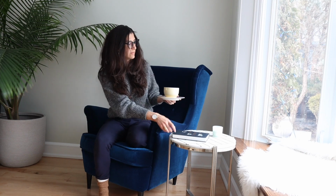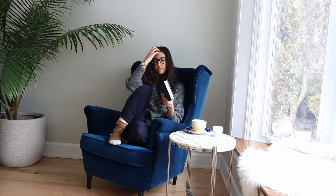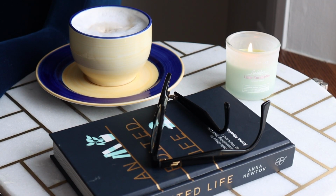Today I am talking about capsule loungewear. I know I'm like a year late to this party, but it wasn't until recently that I actually started choosing loungewear with as much intention as I did the rest of my closet. So I wanted to share with you some of the style points that I really pay attention to when adding new pieces of loungewear to my closet, and ways that I style them so that if I have to rush out in a pinch or if I need to be seen by other humans, then I still look well dressed